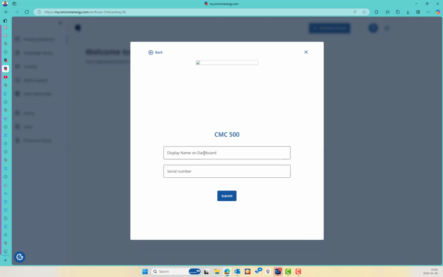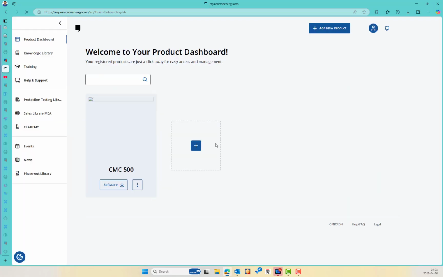And so on. So you can enter the CMC 500 display name as you want, and also the serial number, and then you can click submit. They will ask you for a serial number. I will enter it. Then after selecting the serial number, you will have the CMC 500 as a product in your list. You can add many products like CBC, any OMICRON product, CT Analyzer, and CMC 356, and so on